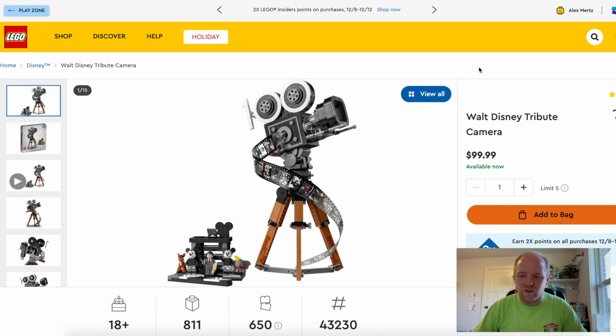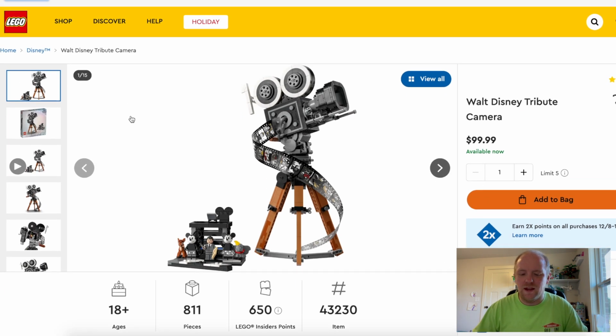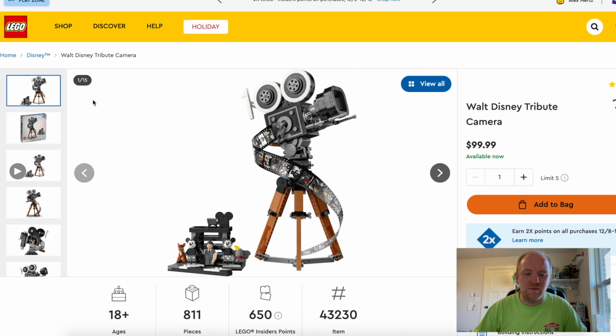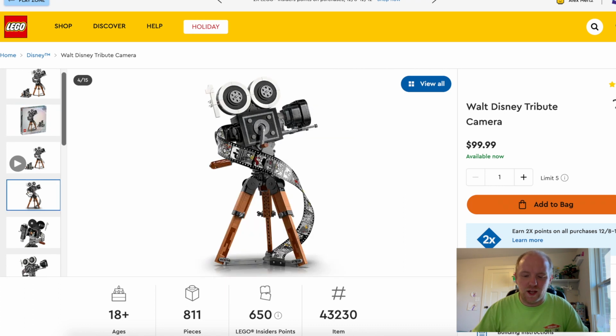And coming in first, one of my personal favorites, and this is one I did build, as you can see it over my shoulder right there, the Walt Disney Tribute Camera, coming in at $100. This set, number 43230, 811 pieces. You get 3 minifigures, and you get this really cool film camera, this tribute retro camera, really